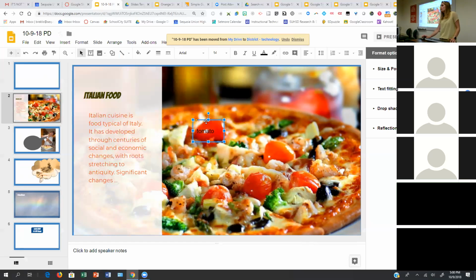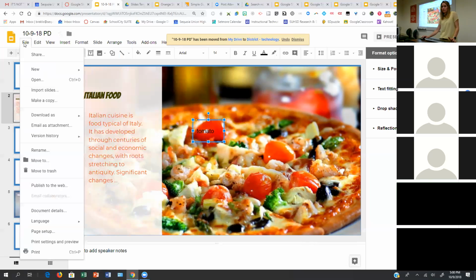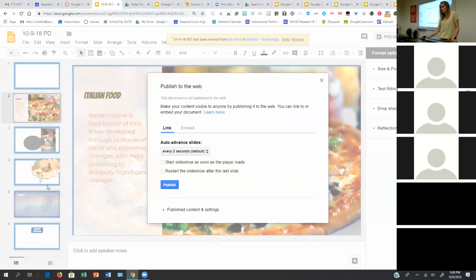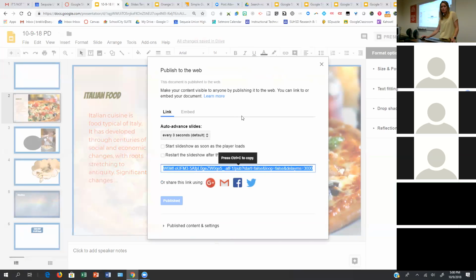So then to get the embed code, I'm in my presentation, I'm just going to click File and then Publish to the web. Okay. And this pops up, I'm going to click Publish. You have to verify, yes, I'm sure I want to do this. And then I want to go to Embed.